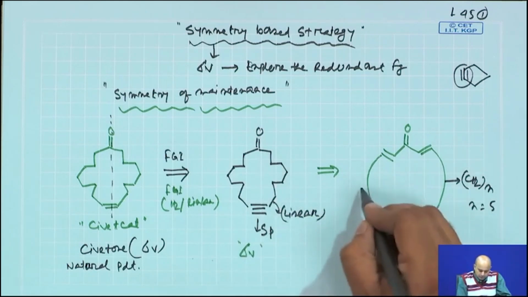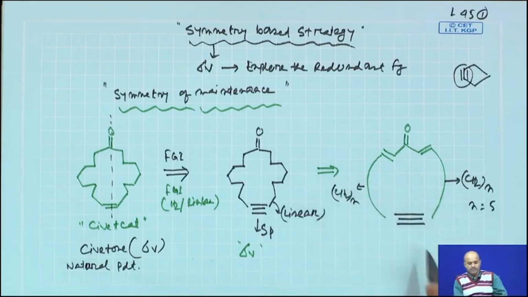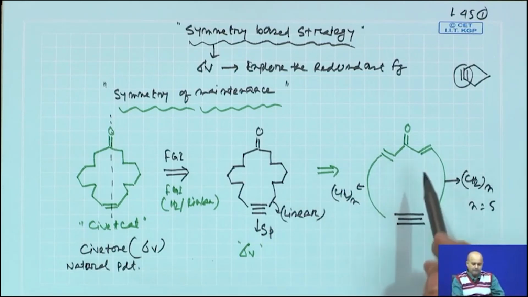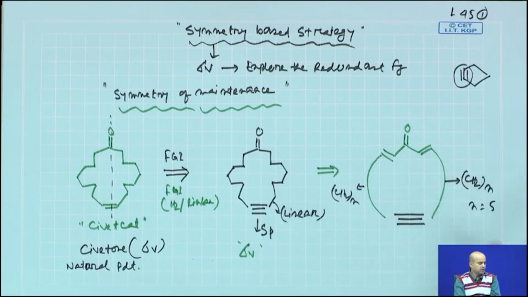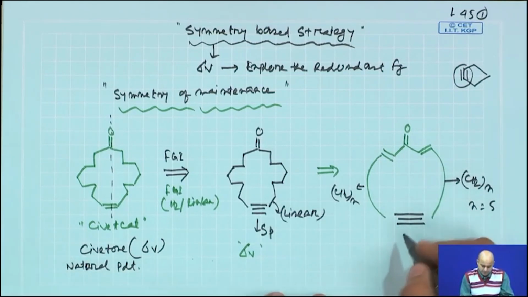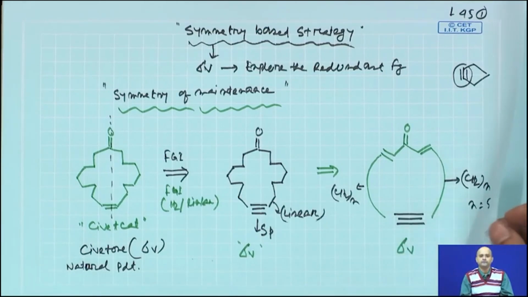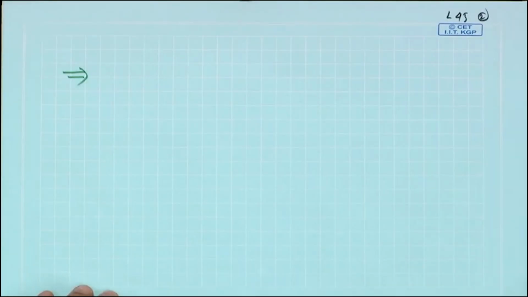So here also you are having CH2 n, n is 5. Now this alkyne as well as ketoolefin can be synthesized; people have thought of it in a different way. Now this molecule is also sigma v, this is also sigma v. So now the next retro which was proposed, if you see the earlier intermediate which you proposed, it is